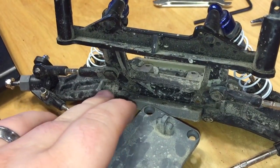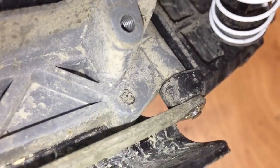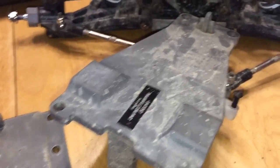Like I said, I'm literally going to get in every little spot, everything in there. It's just dirty. It's dusty. Told AJ I said he should do it to his as well,